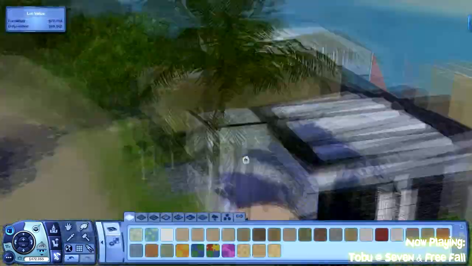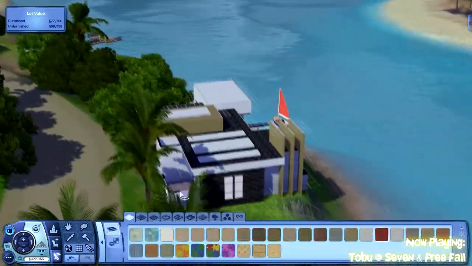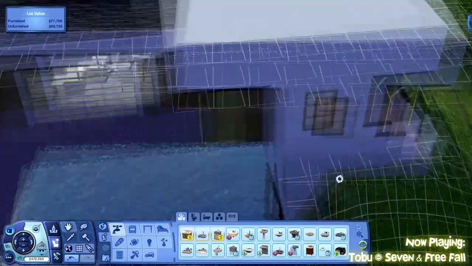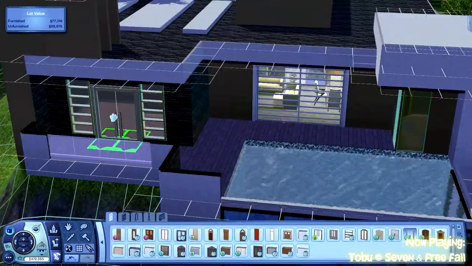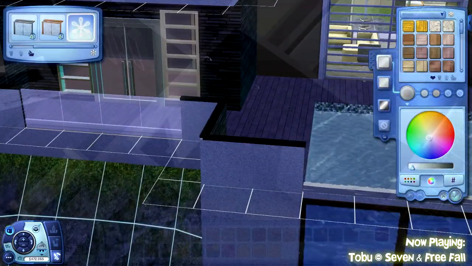Then we just change the colour of this garage door because it's different for some reason. And we kept the pool coverings, but I've just made them a more pastel colour, so a pastel blue, and I think it looks really good. Just place a door, another jump cut,